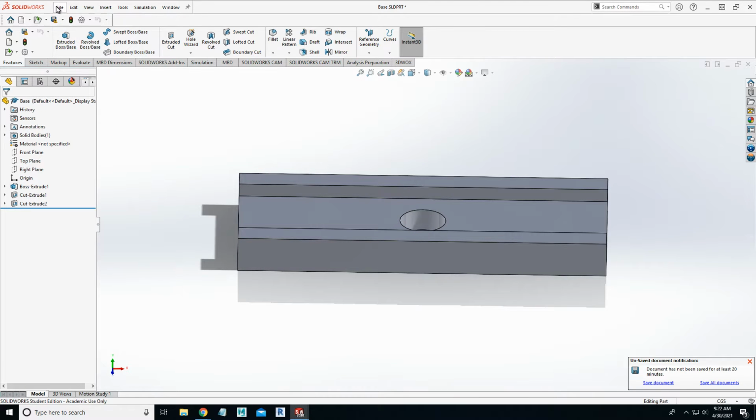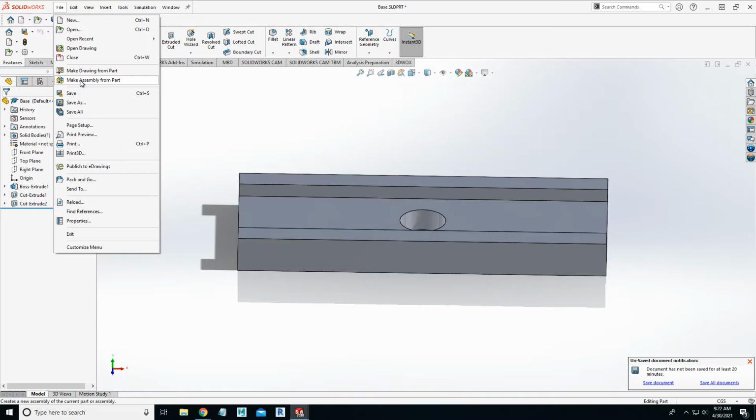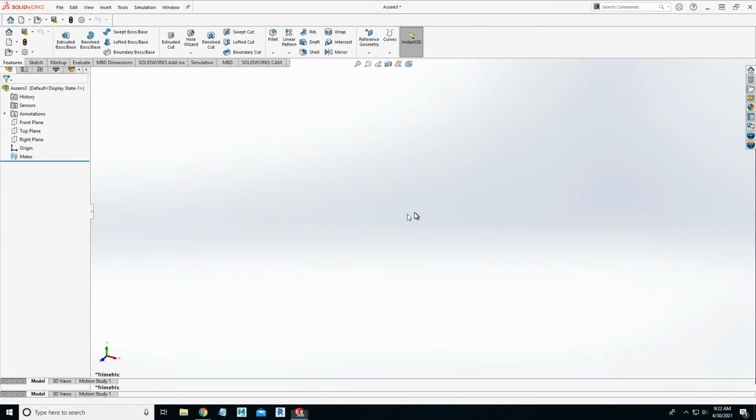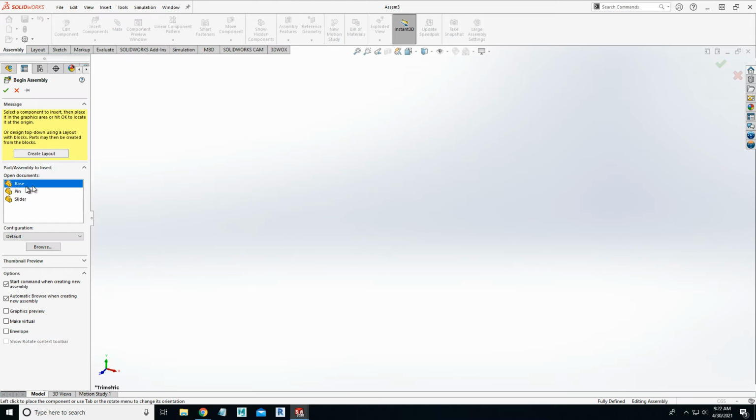So just like we've done before in the past, we're going to go to File, we're going to make Assembly from Part. If you don't see this up here, there'll be a little arrow next to the word SolidWorks. You can click that arrow, see the word File, and then choose Make Assembly from Part. Once you've got that in there, you want to make sure the word Base is highlighted over here on the